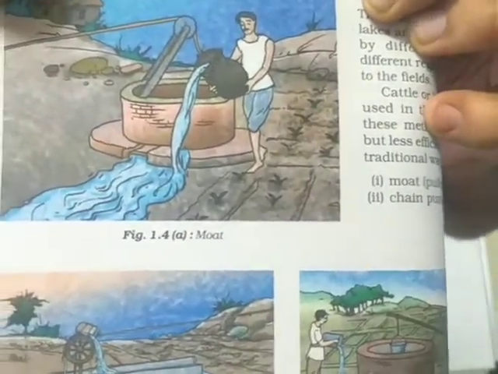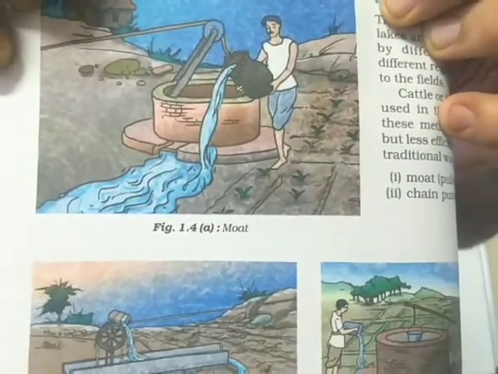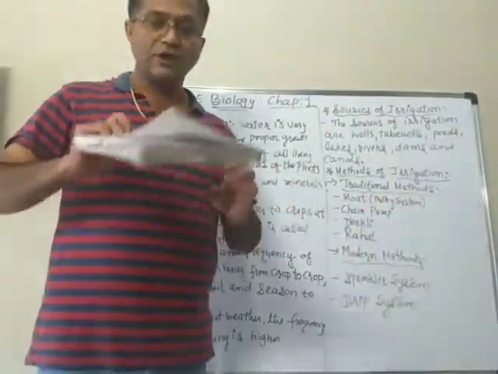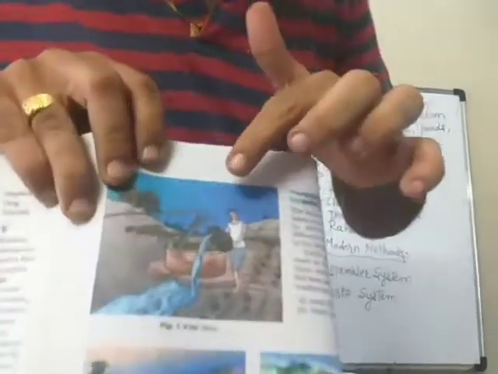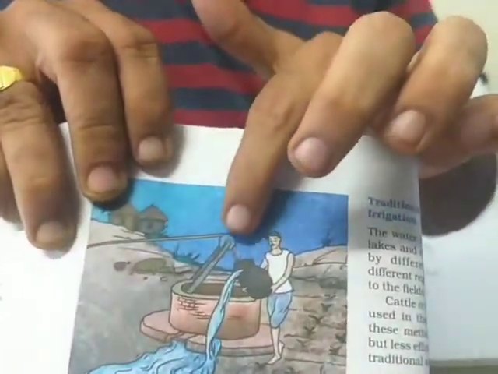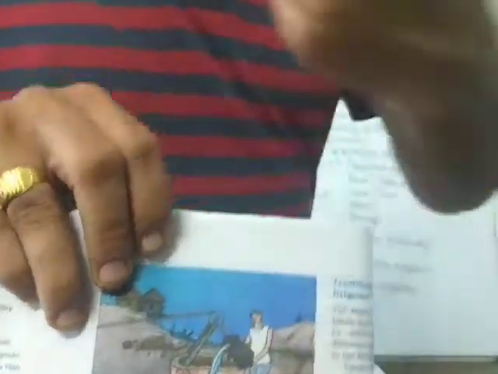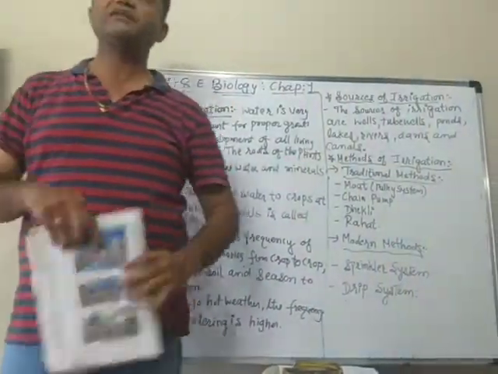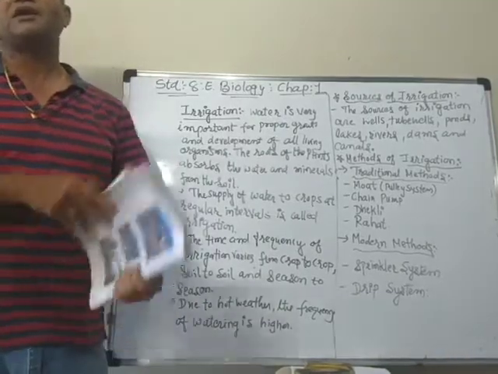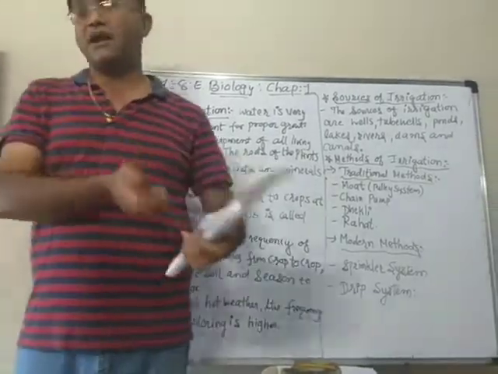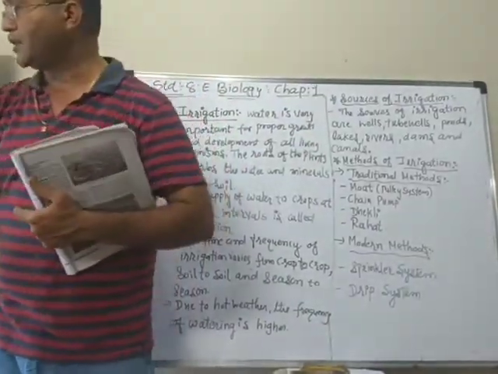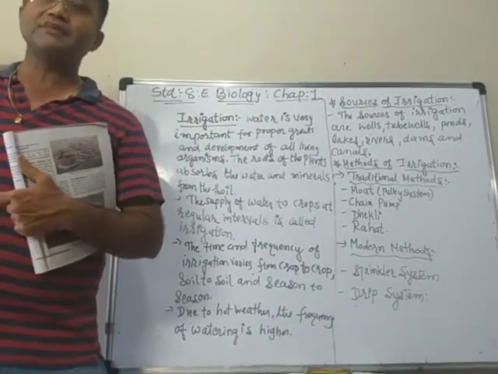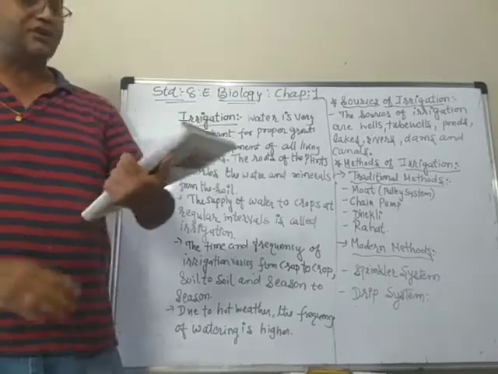which is known as moat also, right? That is the first method, moat or pulley system. You see that there is a pulley on the well here, and then a rope is pulled around that pulley, and with the help of that we take out the water and throw it so that the passage is made to go through the farm, and then in the farm the water will reach.